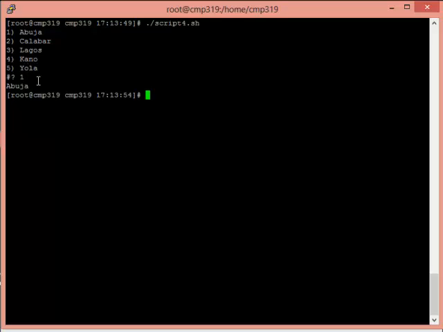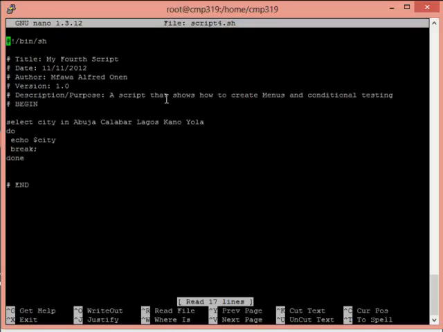Another thing we can do to make it more interesting is, let's say I want to know which number the person picked, let's say the third one, the second one. Let me show you how to use the REPLY variable. This is available within the context of the select statement, or the select keyword. Alright, so let's edit script 4, and let's just say echo city, and for instance,